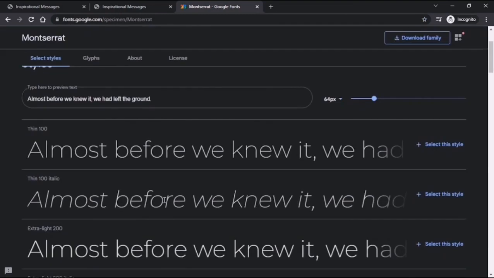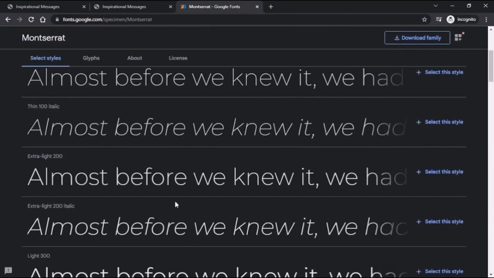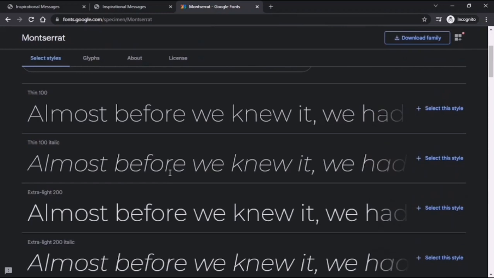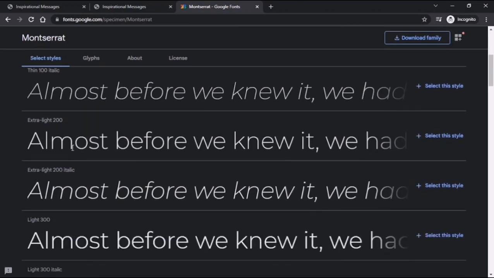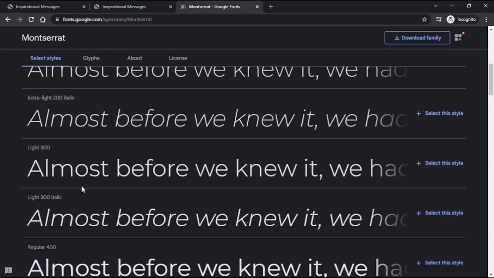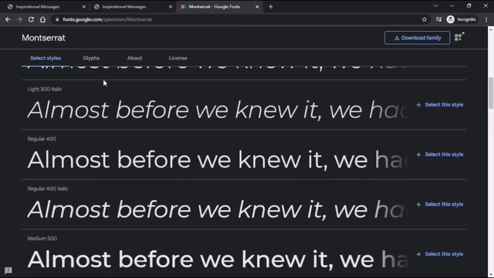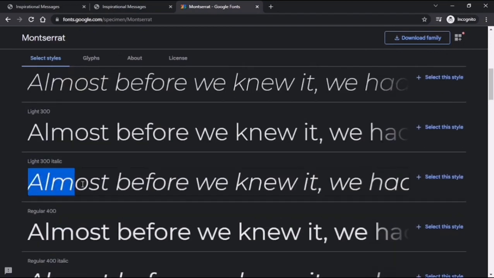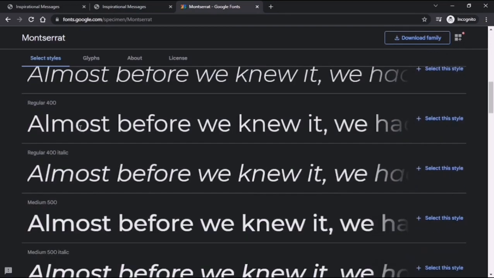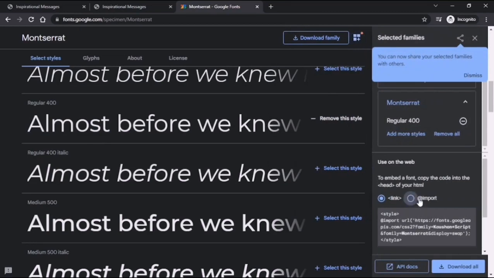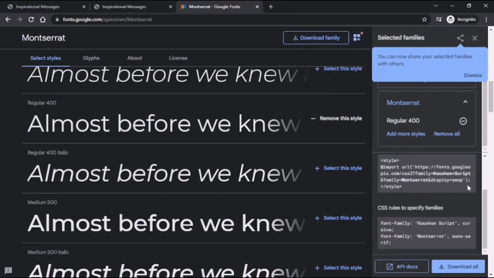So Montserrat, as you can see, several fonts have several varieties like thin or extra light or again some light textures with italic sizes. At the same time, some regular or yung mga madalas natin ginagamit. So I'll choose the regular 400 here, so I'm going to use the @import,